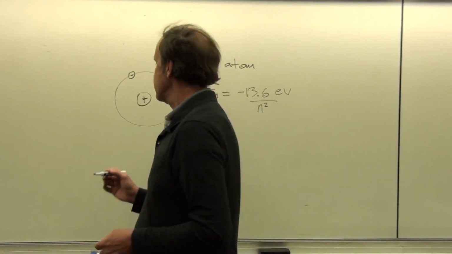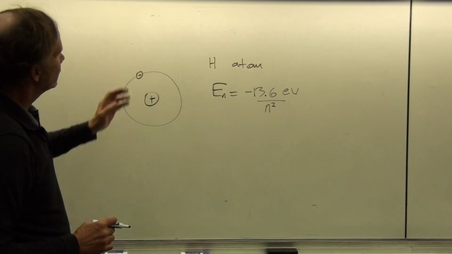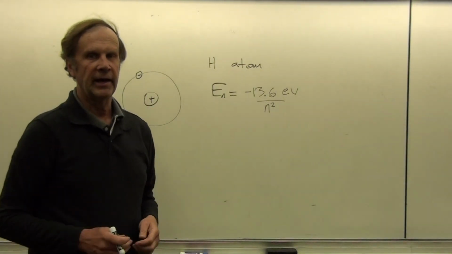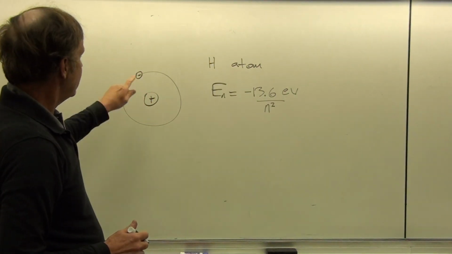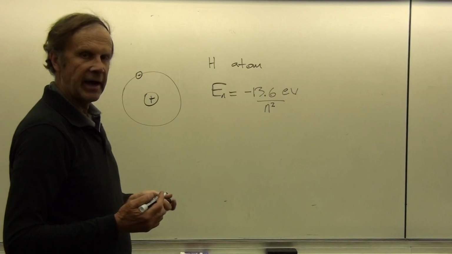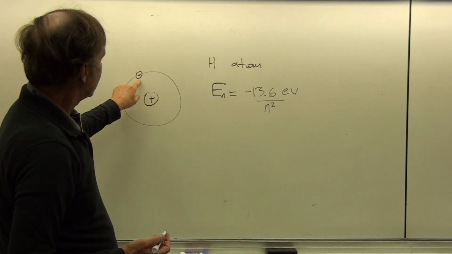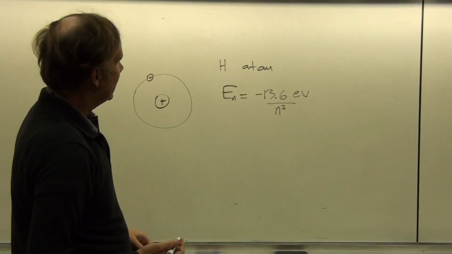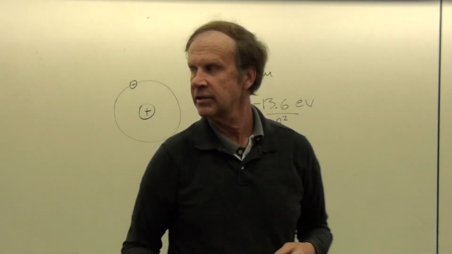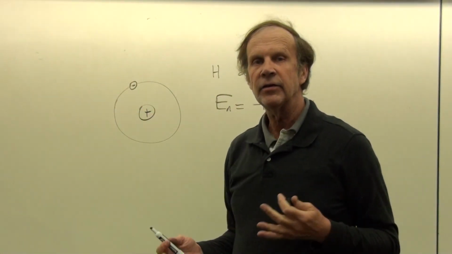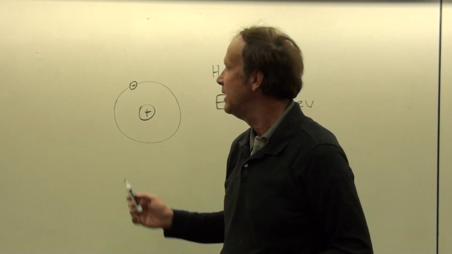Okay, now there's always some confusion that goes along with how we make this transition from the hydrogen atom to multi-electron atoms. So what I want to start out with is just simply hydrogen. Here we have a single proton in the center and a single electron circling around. So essentially we don't need to worry about the interactions between this electron and other electrons, because there's just one electron in the hydrogen atom,